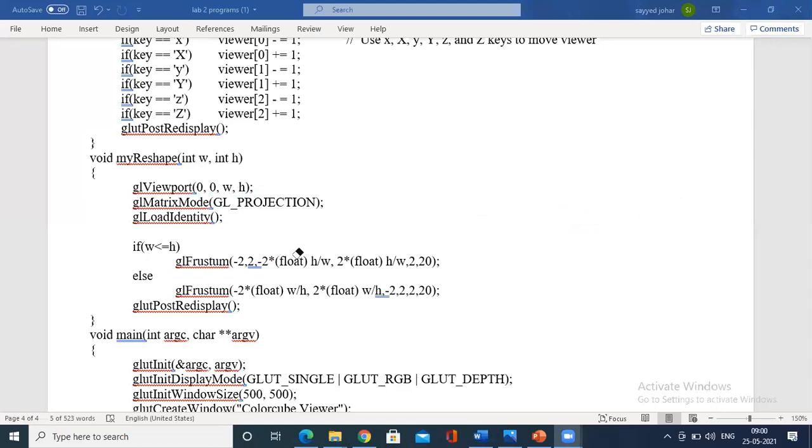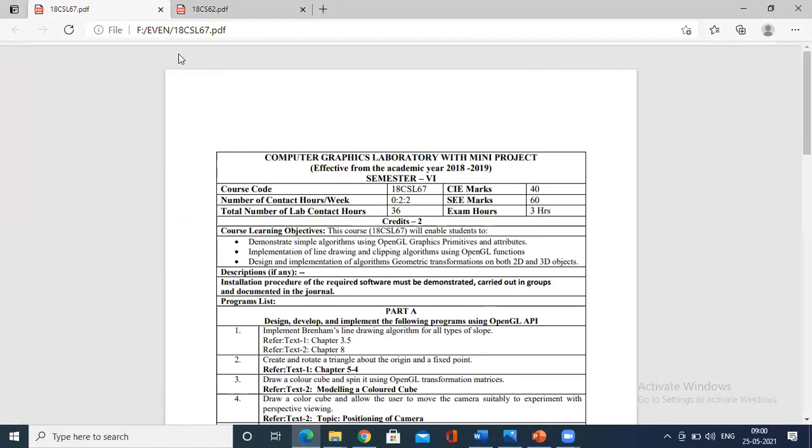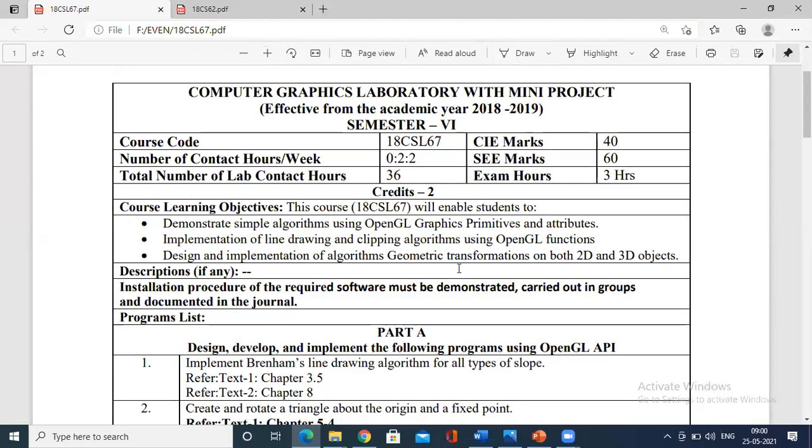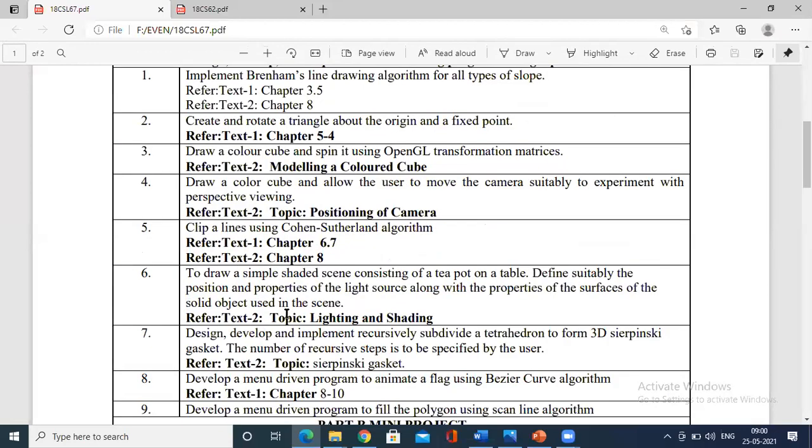By that time we will have completed this, and a few issues we need to talk about. What are the things that you are not able to execute? We have done the Sierpinski gasket, that is the 7th program, a very simple program. Then we rotated a triangle around a fixed point last class, and the 4th program is a perspective color cube.